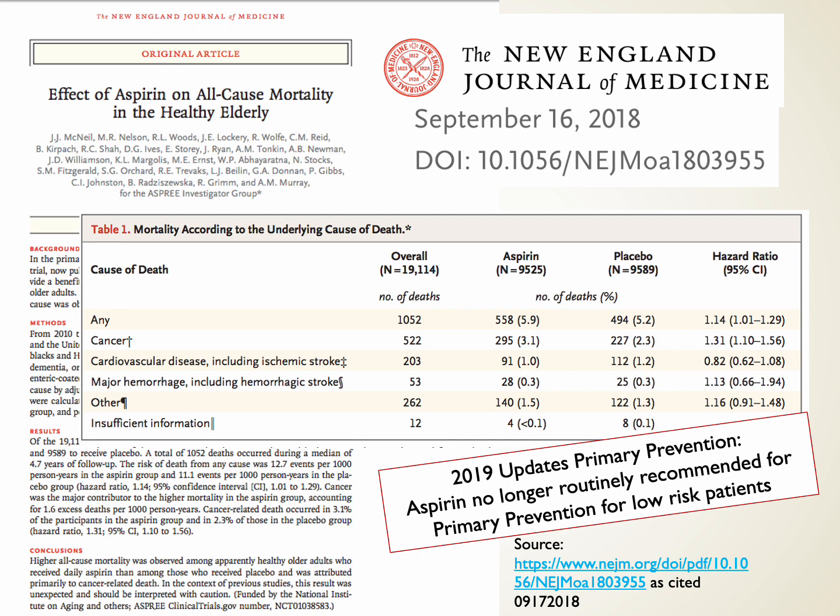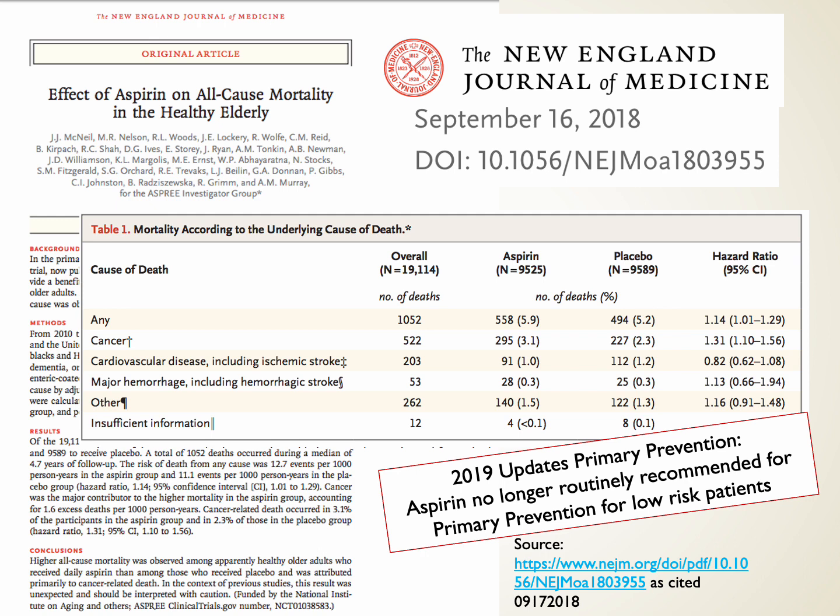This is based on a series of 3 studies published in the New England Journal on September 16th of 2018. This was the pivotal one. The 2 related studies in the same journal issue substantiated some of the findings in this larger study. This was a pretty robust, large study that looked at almost 20,000 patients, both in Australia and the United States. They looked at patients over the age of 70 who didn't have an existing coronary event or an existing stroke, and asked, for this population, did it make sense to give them once a day low-dose aspirin to prevent a future stroke or a future